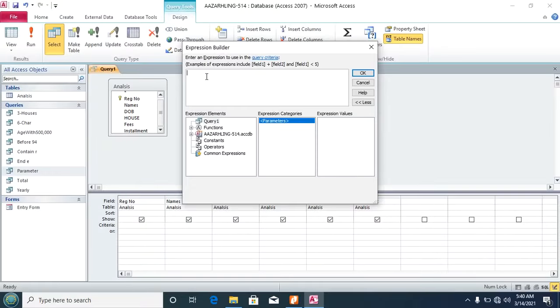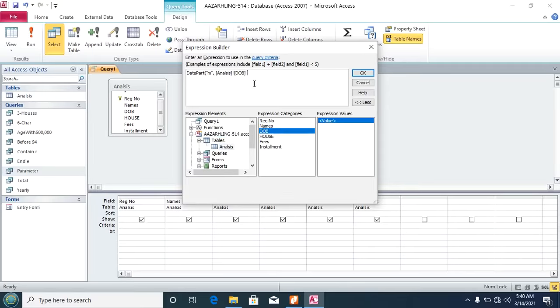And so here we are using date part because we want to return part of the date, which is month. Date part, open brackets, open quotes, month, put M, you close quotes, comma, bring your database, bring your table, bring your analysis, and here you double click date of birth. From here, close brackets,